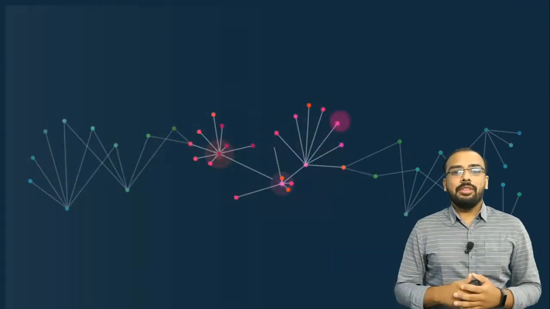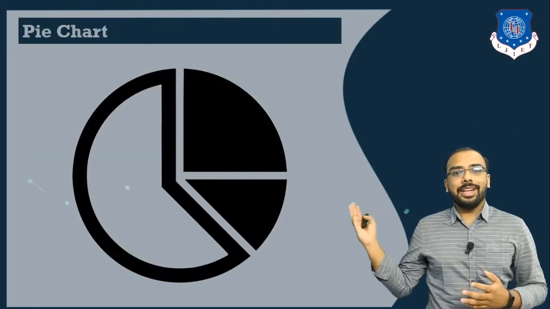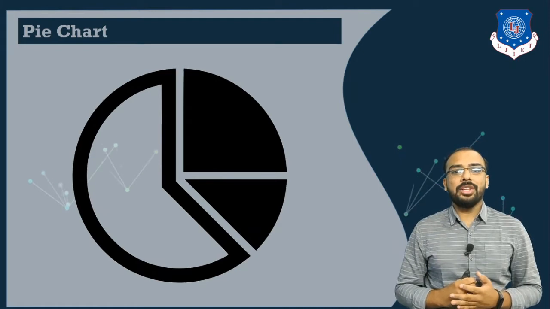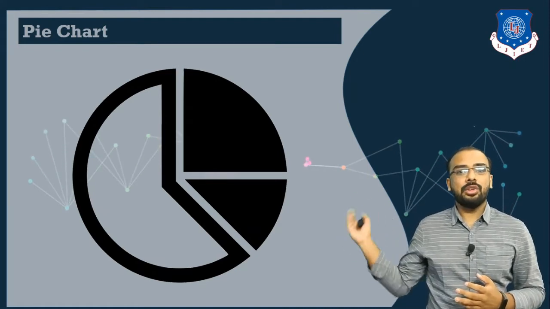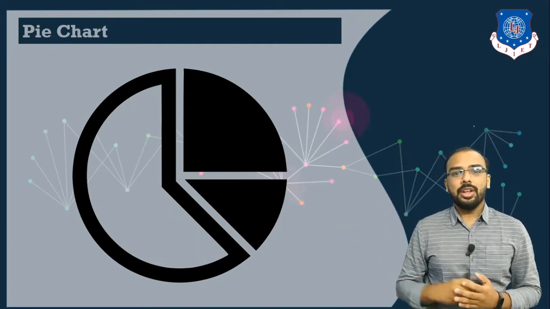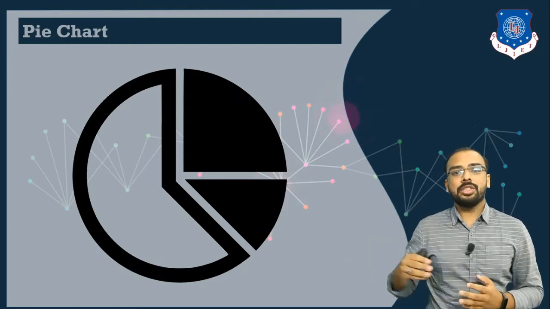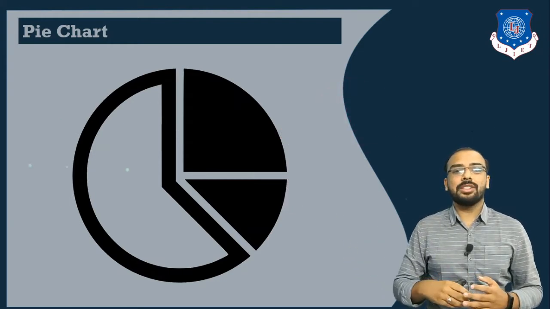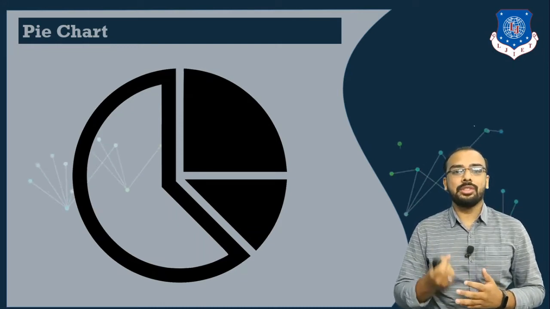So we will see how a pie chart looks. In the given figure, it depicts how a particular pie chart looks like. Now you can see over here, it is circular. The shape of the pie chart is always circular. You can observe there are different portions of the pie chart. These different portions are also known as slices, and these slices are also known as wedges.